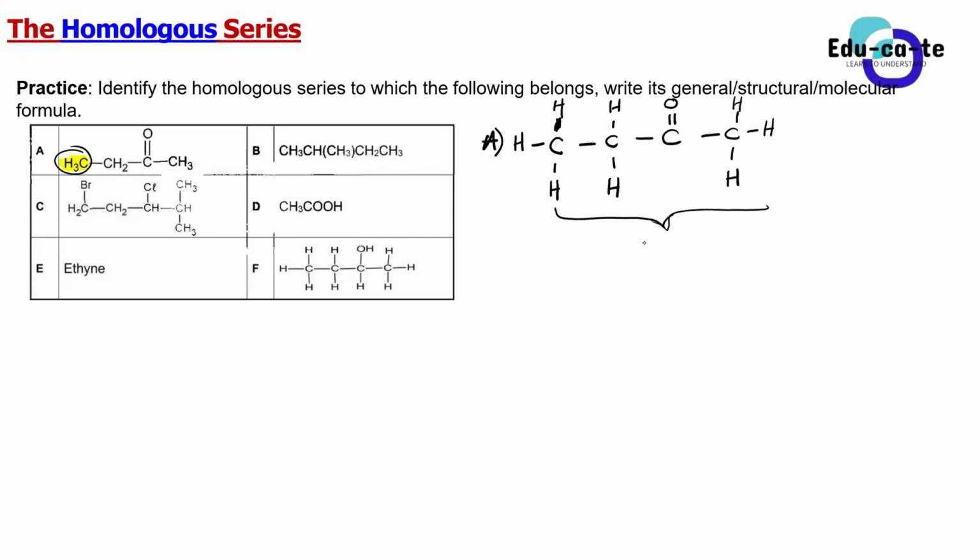The ketone, sir. Why do you say it's a ketone? It has a carbon in the middle, sir. Okay, a carbon with the what? Let's be a bit specific. A carbon in the middle. Yes, the carbon that has got a double bond oxygen is in the middle of 2 other carbons, and we say that is known as a what? That is known as a carbonyl group. The functional group of ketones is known as a carbonyl group.